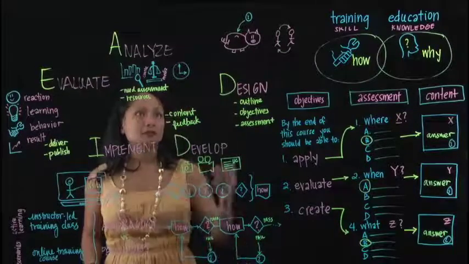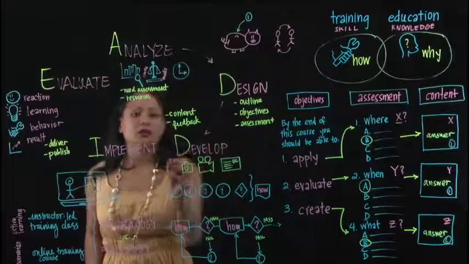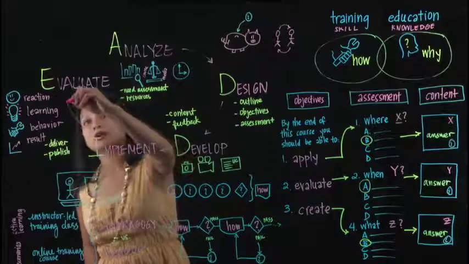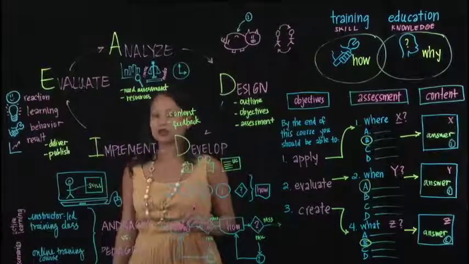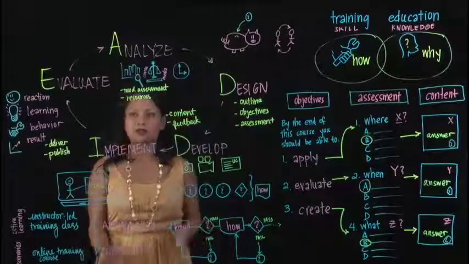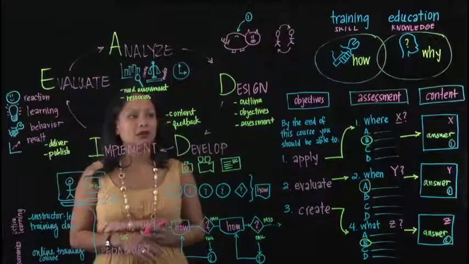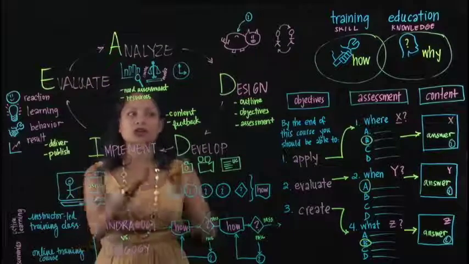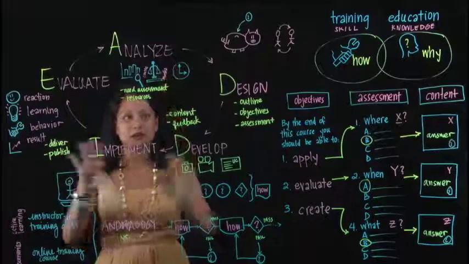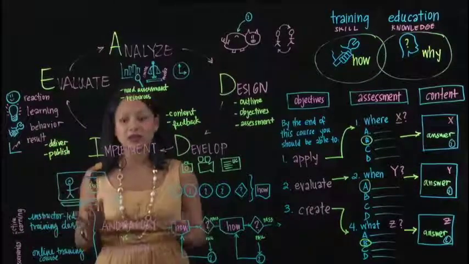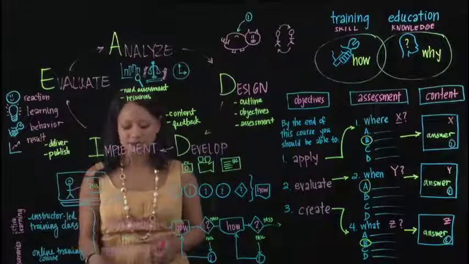This process happens to be a well-known model called ADDIE, which stands for Analysis, Design, Development, Implementation, and Evaluation. It's a sound instructional model that's been used for several decades that talks through the processes of creating instruction and making sure it's comprehensive by putting in pieces of evaluation and analysis and making sure that you implement it in such a way as to encourage learning, which hopefully was the goal of your course to begin with.